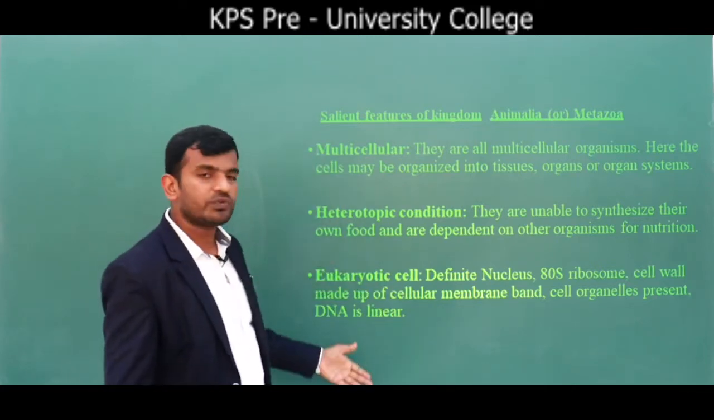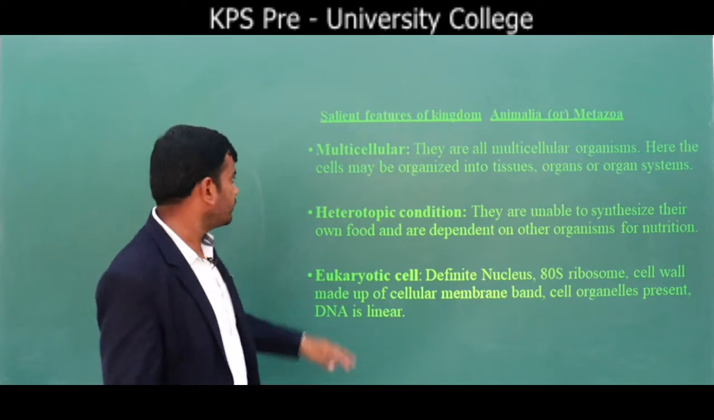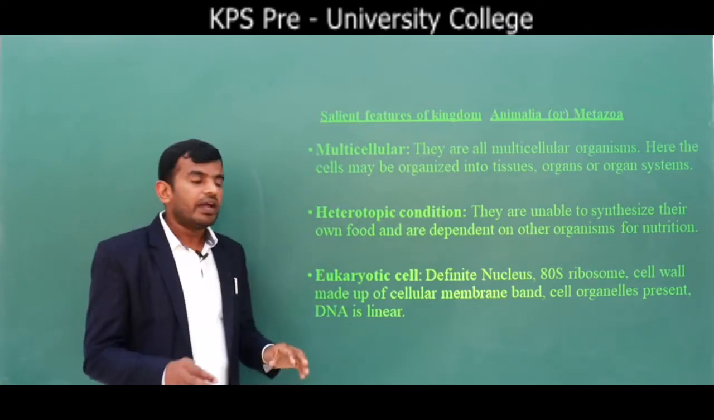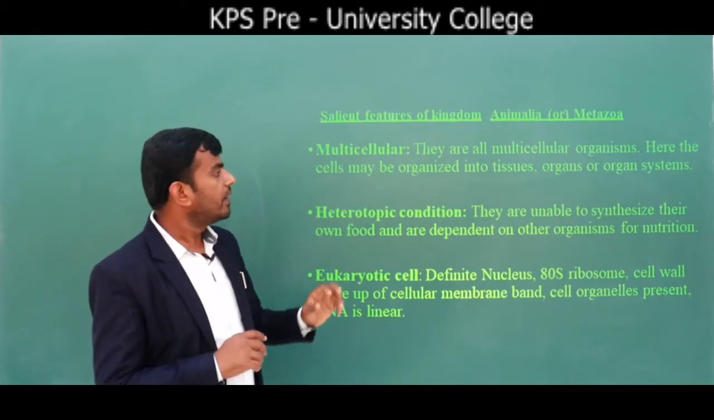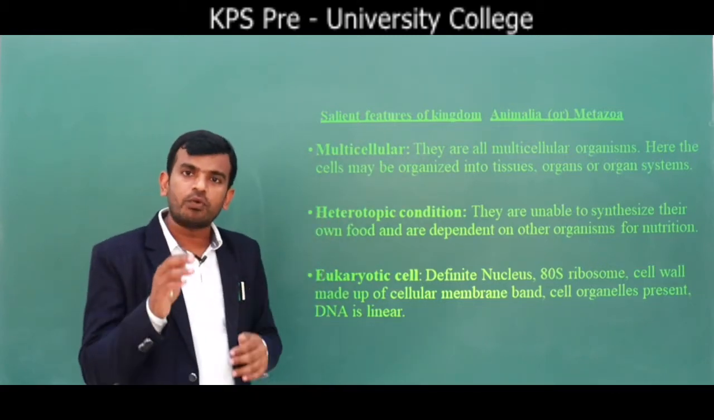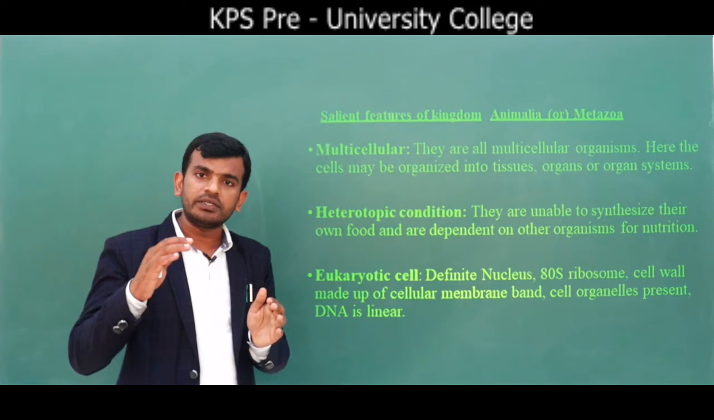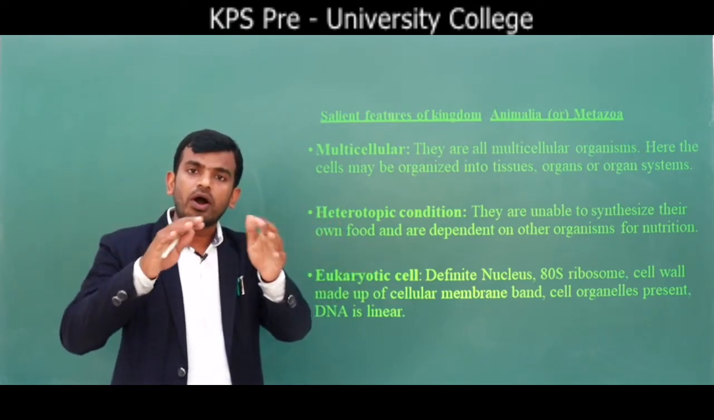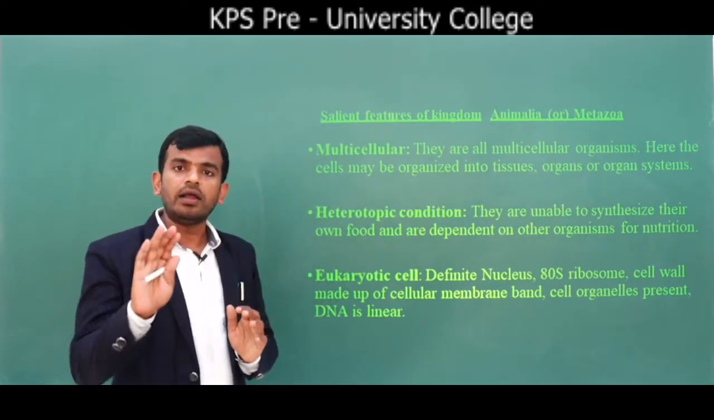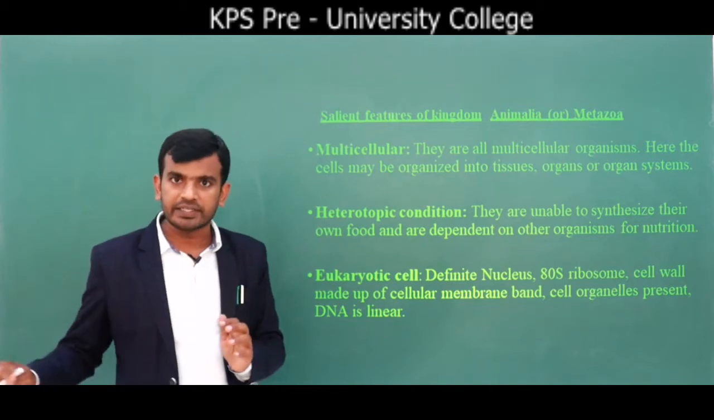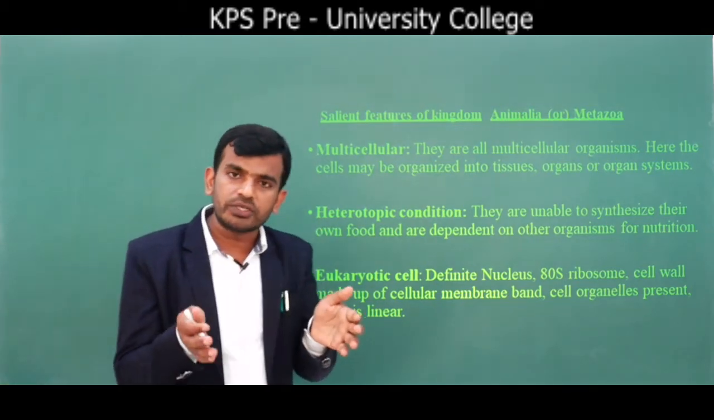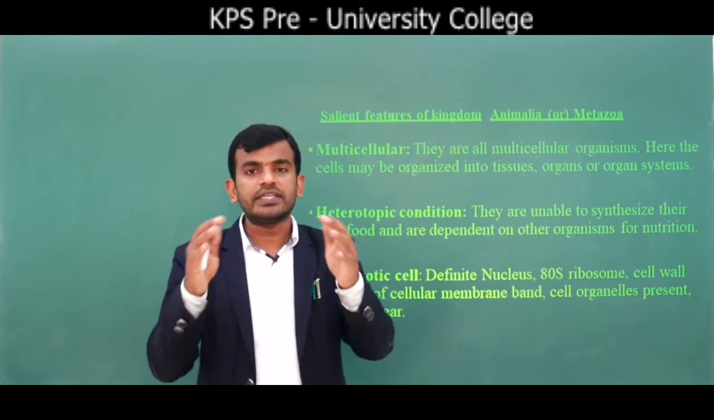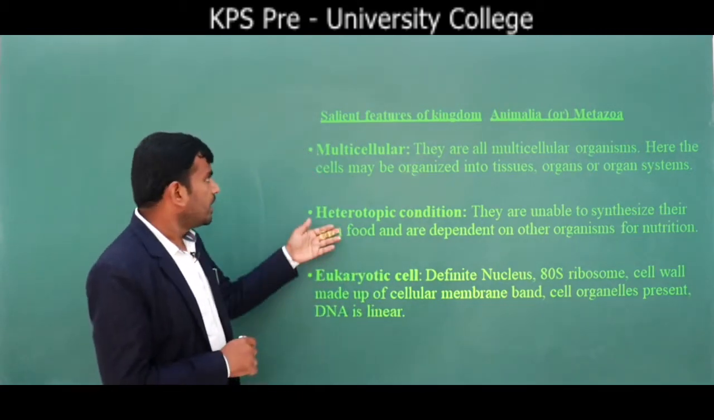These are the salient features which are there for an animal. For example, multicellular. Animal should be multicellular. That means they have many cells. All cells group together to form what? Tissue. Tissues group together to form organ, organs organize to form organism. That means all animals are multicellular organisms. Cells group together to form tissue, tissues group together to form organ, organs organize to form organism. Animals have